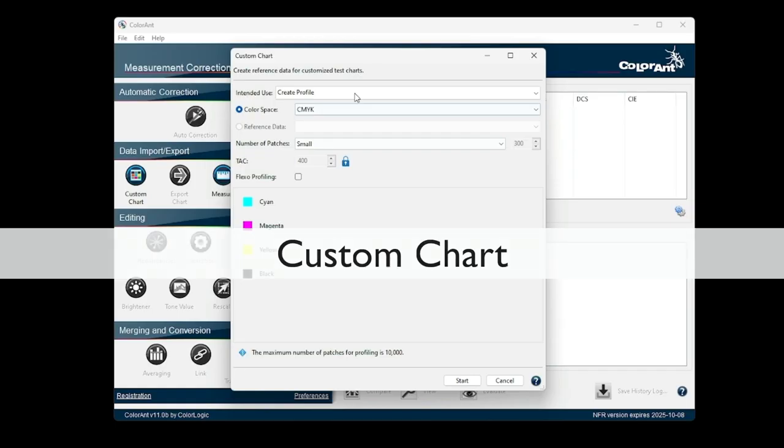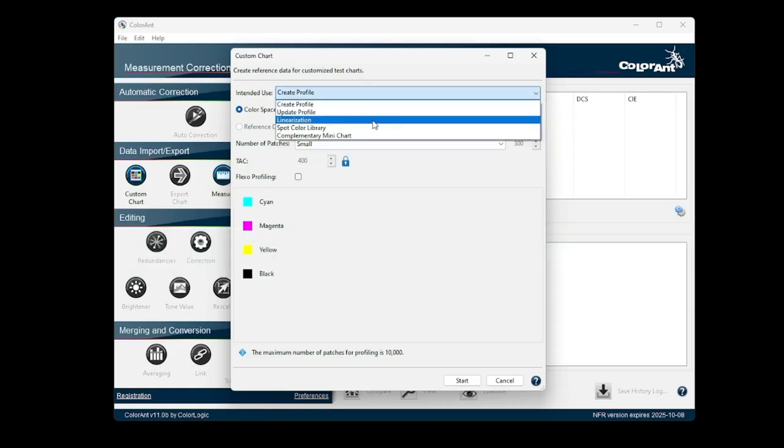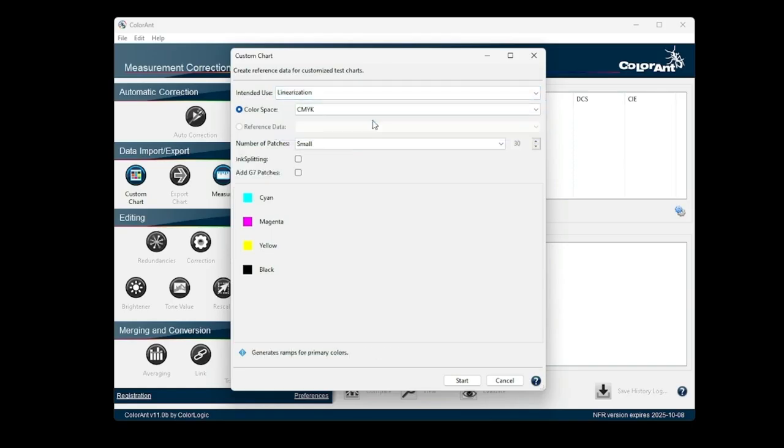For the custom chart, we've simplified and optimized the interface to improve both efficiency and usability. The new linearization mode is a combination of several previous linearization options. It combines these modes with two new checkboxes for linearization and ink splitting and Add G7 patches, which adds the